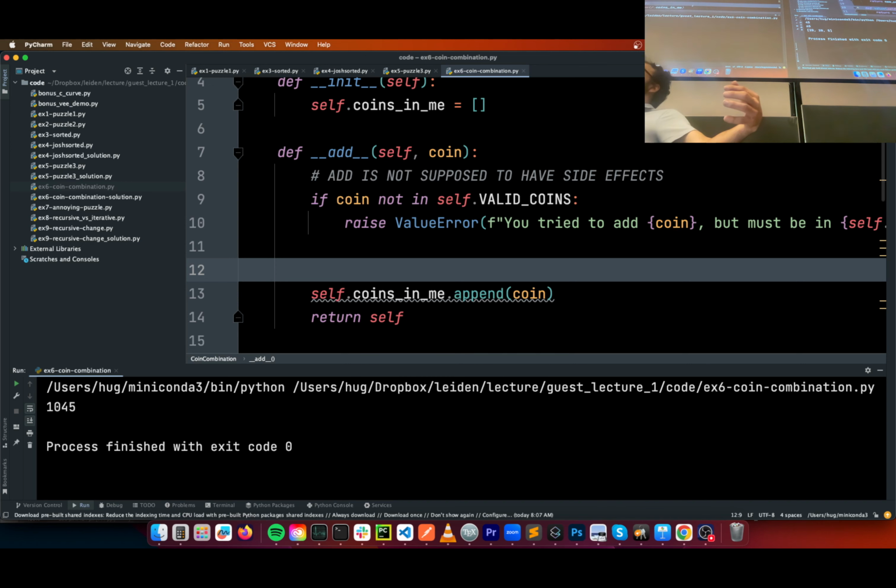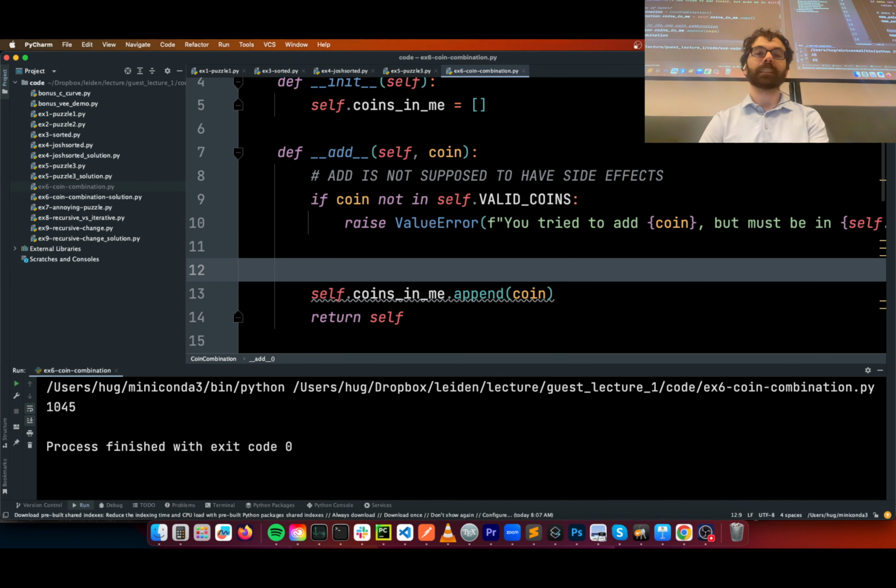We basically took the other coin, added it to ourself, and then returned ourself as the answer. That was the old version of add, but that wasn't the right approach. If I'm understanding your question correctly, which was, why did I return self here? And the reason we needed to give some coin combination. I don't know if I got that, but sorry if I did.